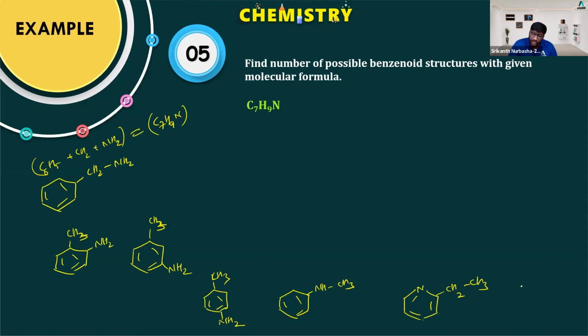This is a possibility which can be accepted, but here we should not include it because they are asking about benzoate. This is a possibility if they are asking about the total number of compounds or structures possible with this compound. But here we should not include it because they specifically mentioned benzoate. It is not a benzoate. It has a heteroatom, but with this heteroatom also, if you try to link, we can have the structures